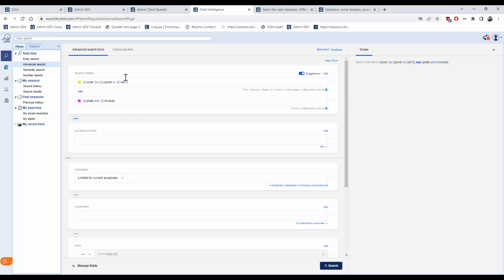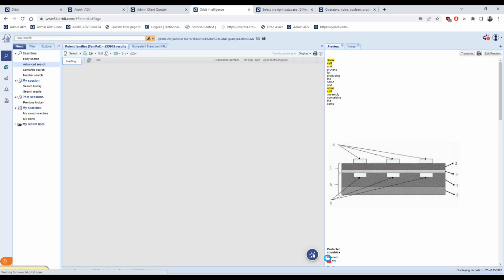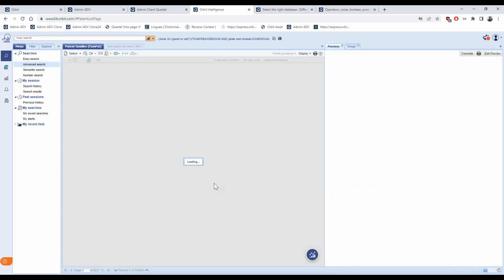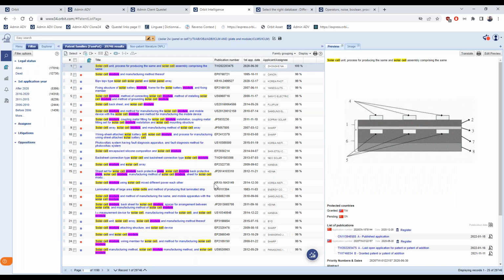So I want to find this keyword search pattern, let's say, but where also these two terms are found in the claims or independent claims. Let's run this search again. And I narrow down to almost 30,000 results, so 30,000 families.